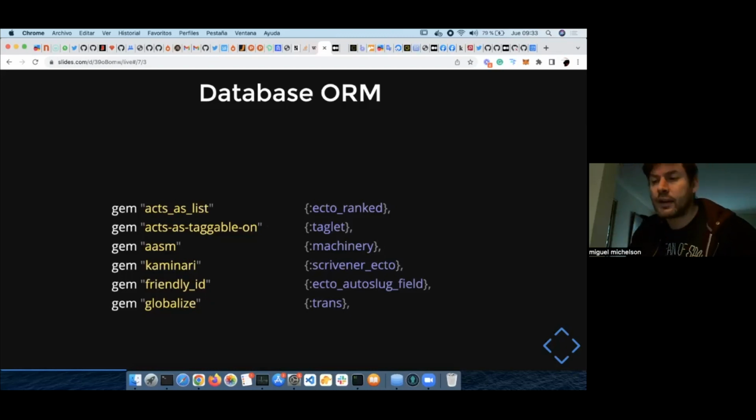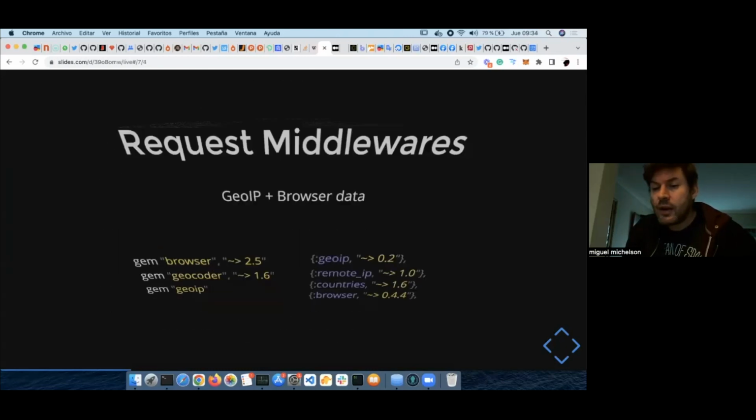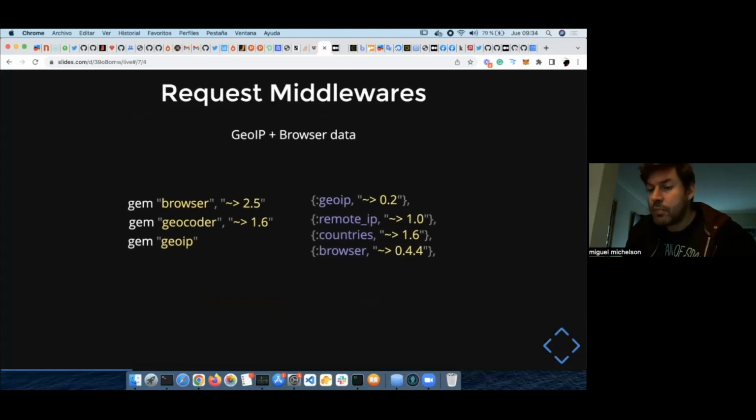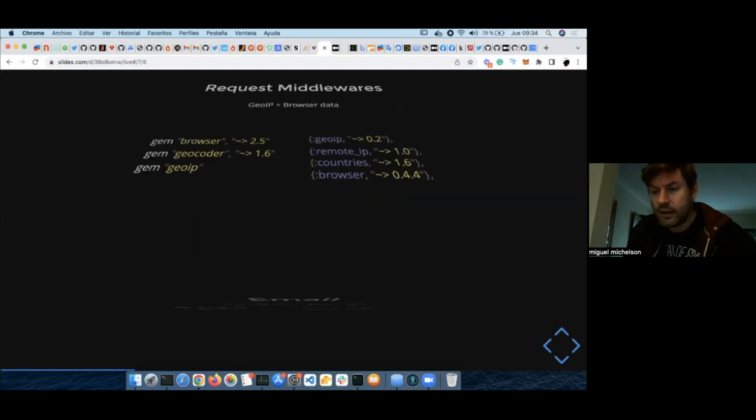We have all that too in Elixir, and not just one alternative, but several alternatives per library. That's a really good thing to know. Request middlewares, the same. We use GeoIP, Geocoder. We have an alternative for that too, so that's great.